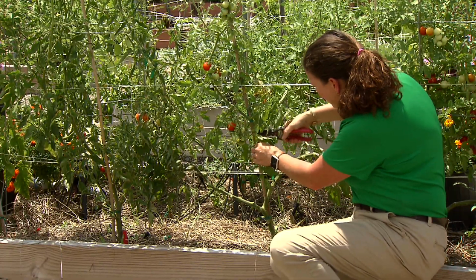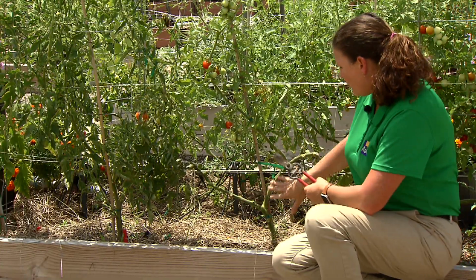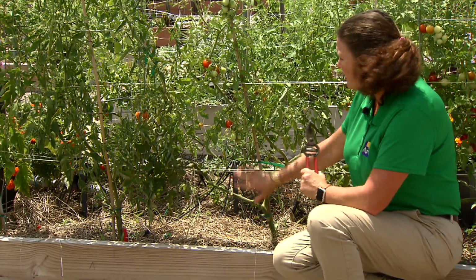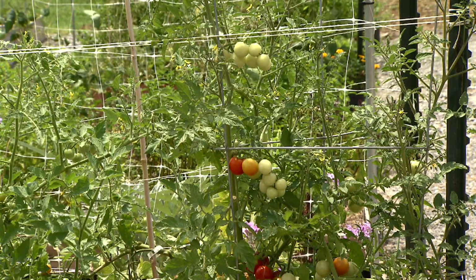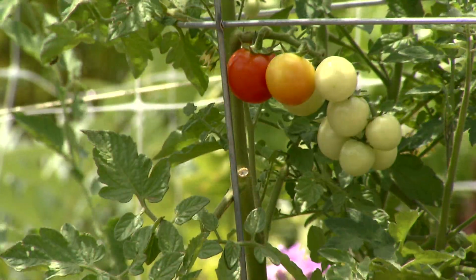we just remove these. You want to go up to where the nearest fruit are. Make sure you're trained to a pretty large stalk. This one splits in vines and they have it trellised very nicely here. But go ahead and remove those so that we can get the best fruit